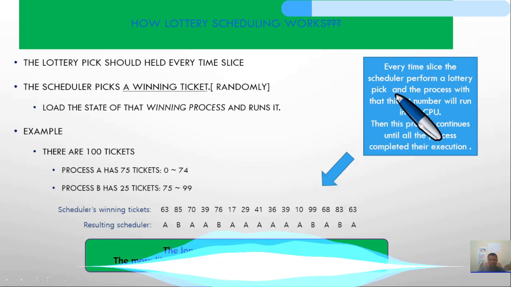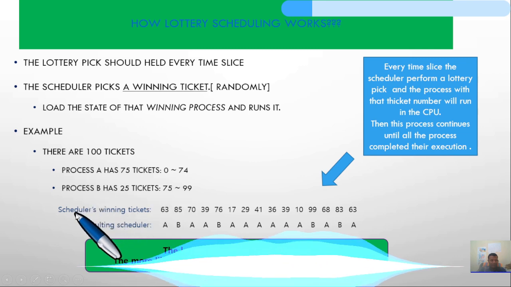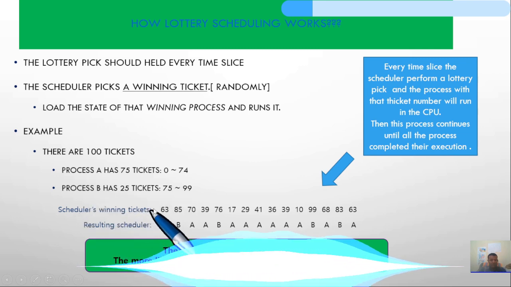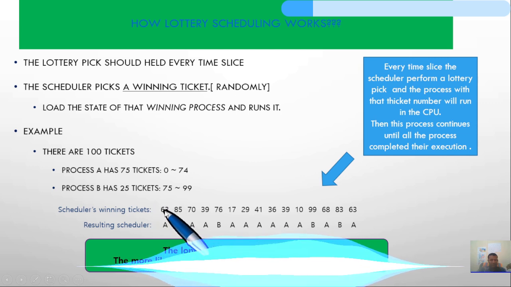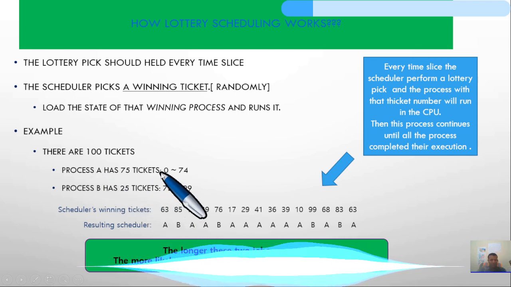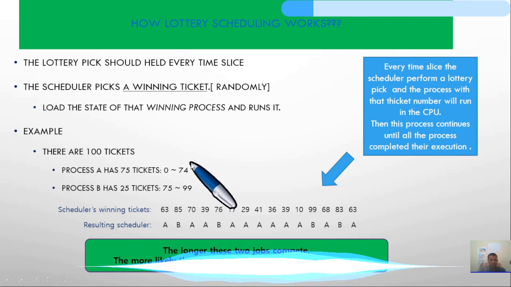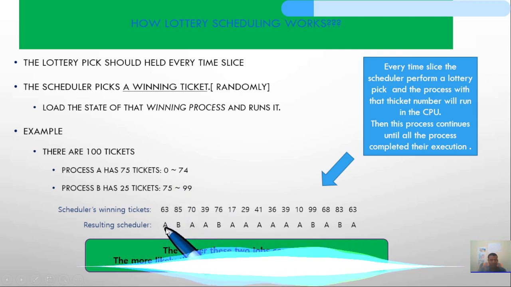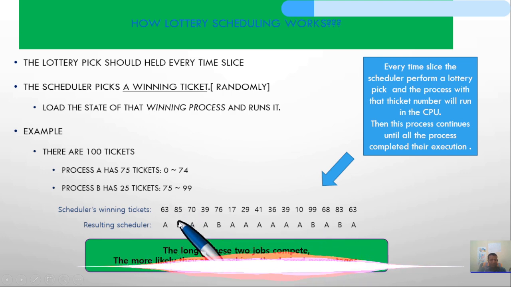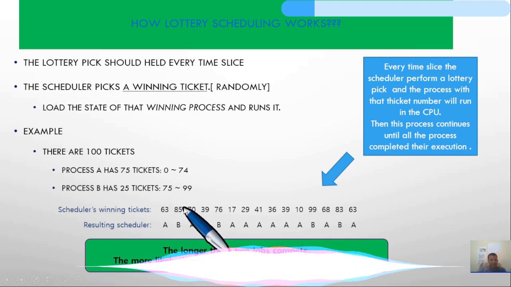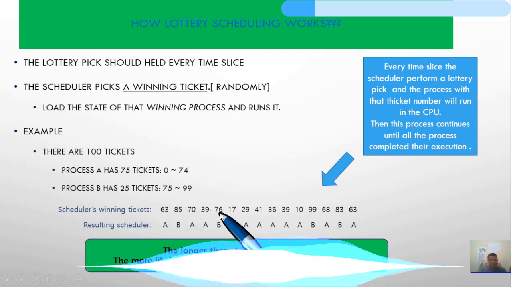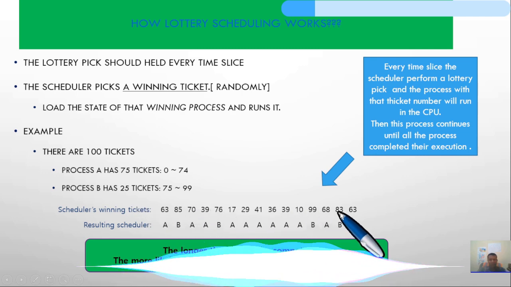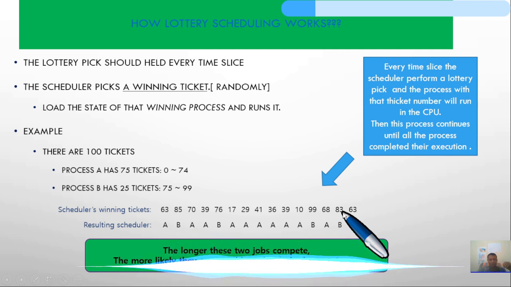The first time the scheduler picks 63. 63 belongs to process A because process A is from 0 up to 74. So A will run for its time slice. The second time it picks 85, which is B, then 70, then 39. It will keep on like this until all the processes are completed.